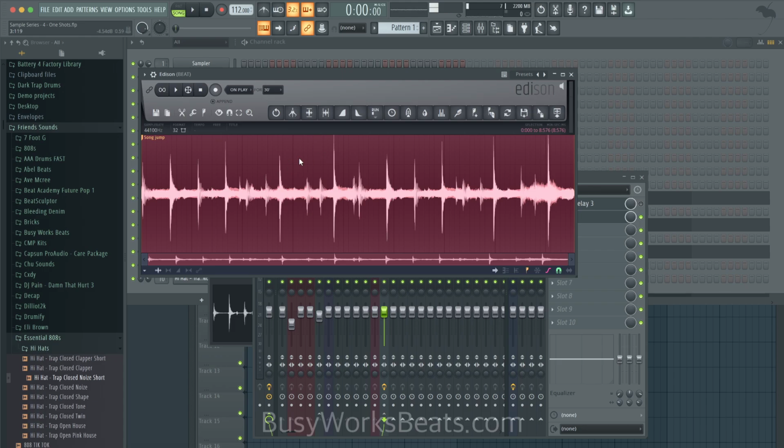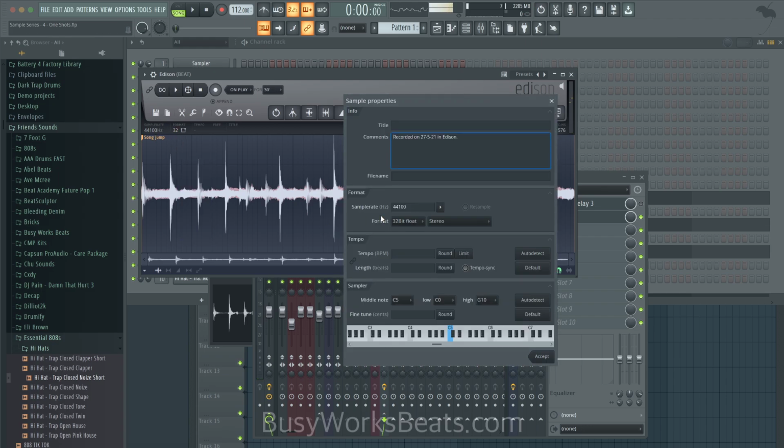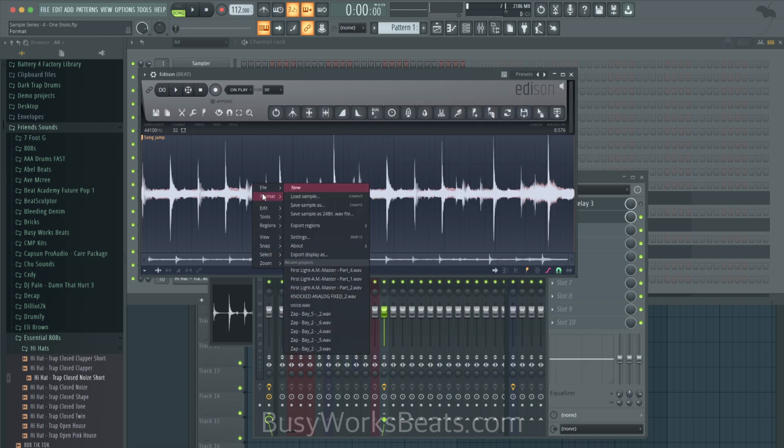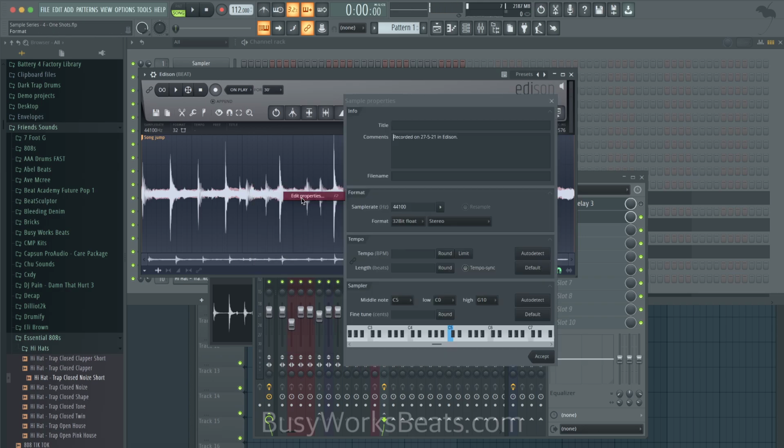We have this here. So now that we have this here, what we can do is right click either right here where it says sample rate, and you'll go directly to this window, or you could right click the audio, go to format, edit properties. So we're going to edit the properties. We're going to switch this to 16-bit. Very important to do 16-bit because other DAWs sometimes have an issue with FL and their 32-bit.